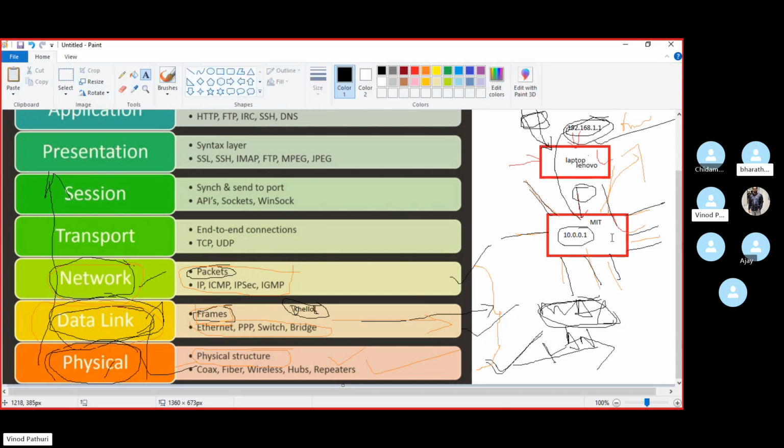It will form a table, and whenever you connect to a switch, first it will send a dummy packet to each and every one, like how we say hello when we join. Whoever responds, I will grab their information and store it in my table. That's how it does that.